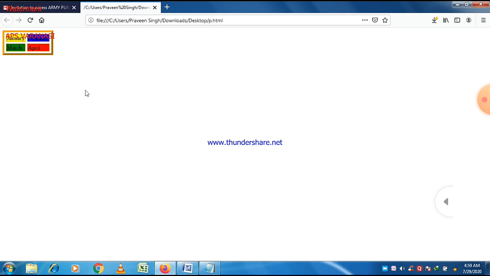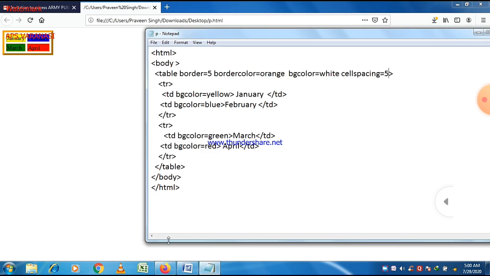And cell spacing basically is used to define space between different cells. So here we just put a cell spacing of 5, and you can easily see that now the space is much less as compared to the previous one. So cell spacing means space between different cells. You can reduce the space and you can increase the space between different cells using the cell spacing attribute. So that is the main concept, and it is asked so many times in our examination, what is the difference between cell spacing and cell padding.